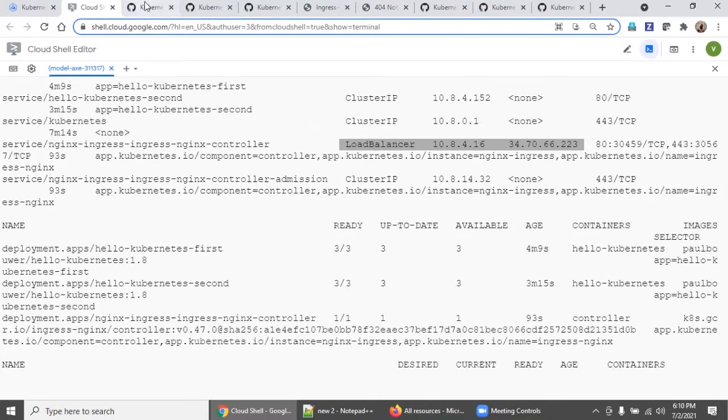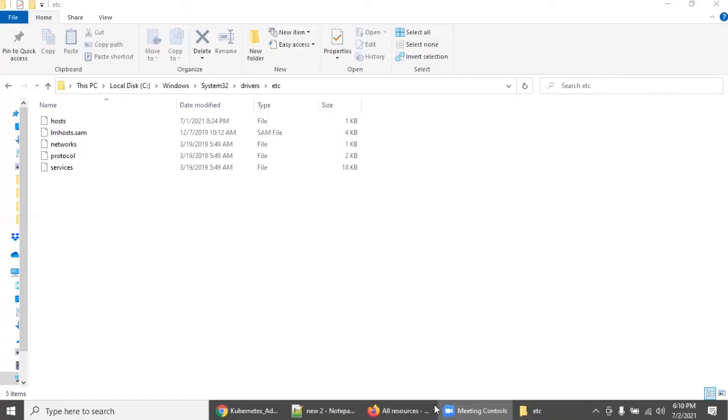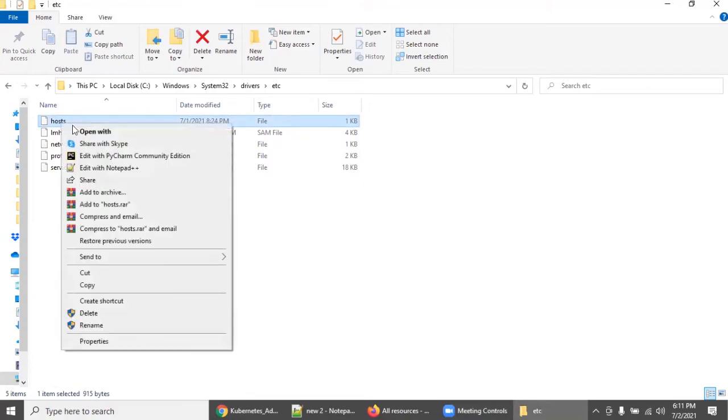Now what we can do is go back to here. So you need to assign this IP as this domain name, because this is test learning, right? So we need to manually assign this. How do we ensure it is working fine? So now we will open the etc hosts file. If you are using a Windows machine for testing, then it is Windows system32 drivers etc. If you are using Linux, then it's straightforward, etc hosts. Right click, open in Notepad++.